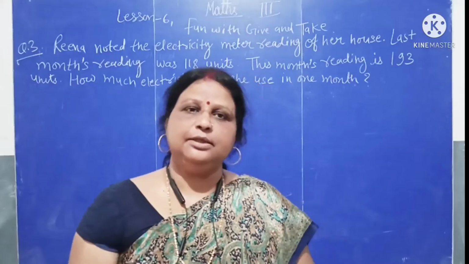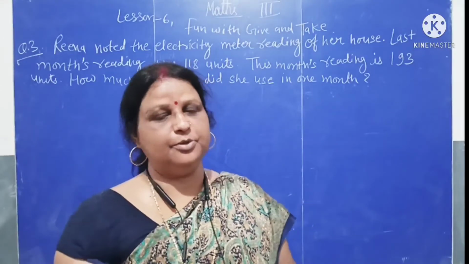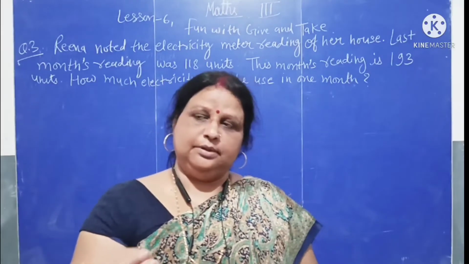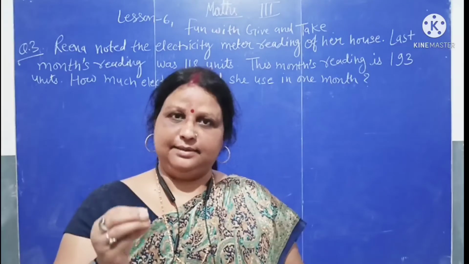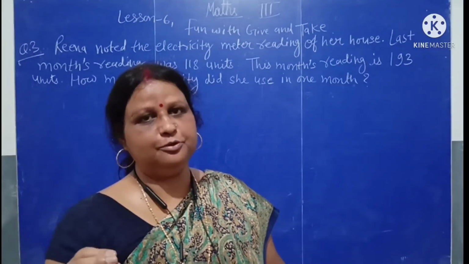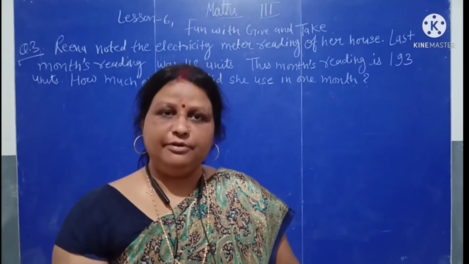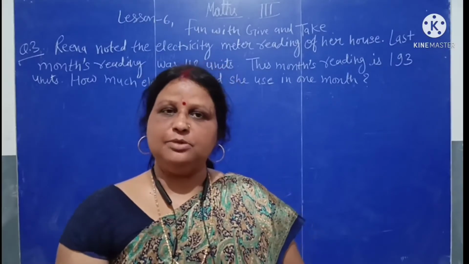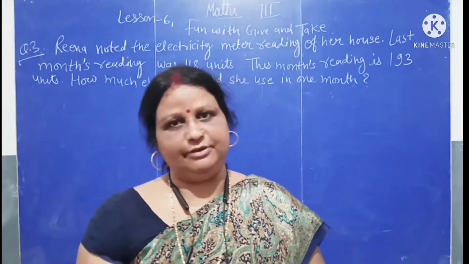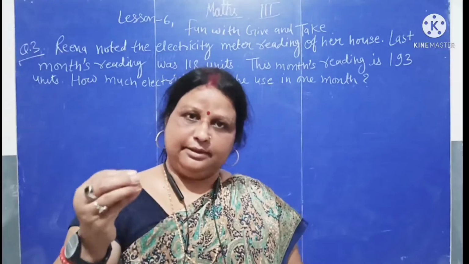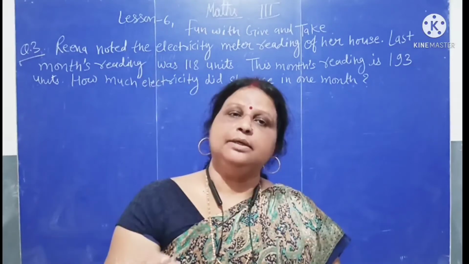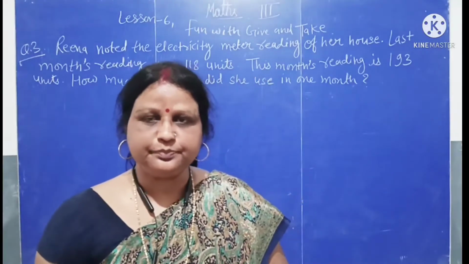Similarly, if you take 20 rupees from your friend, how much money do you have? 20 rupees is added to your 50 rupees. We will add 50 plus 20, which means 70 rupees. Now you have 70 rupees. It means give gets reduced from your money and take gets added to your money.